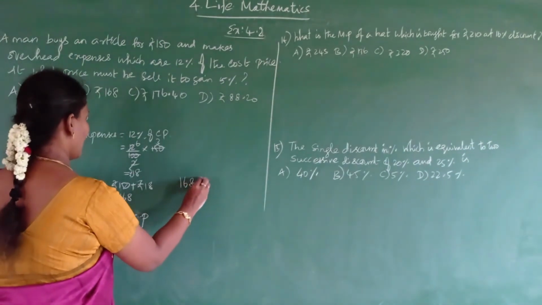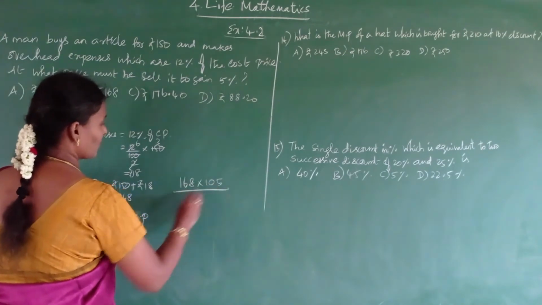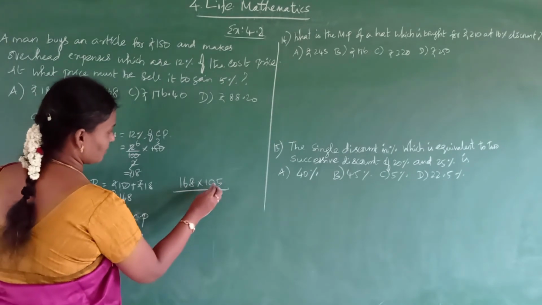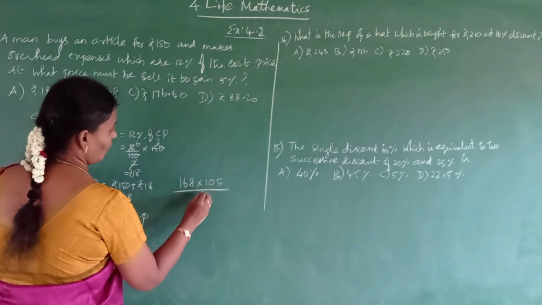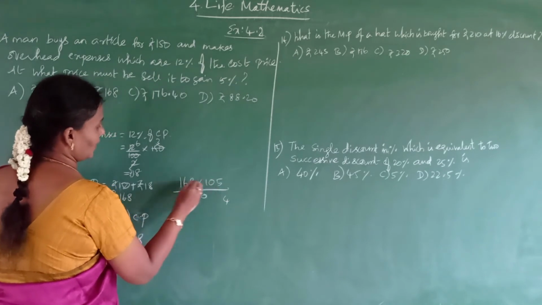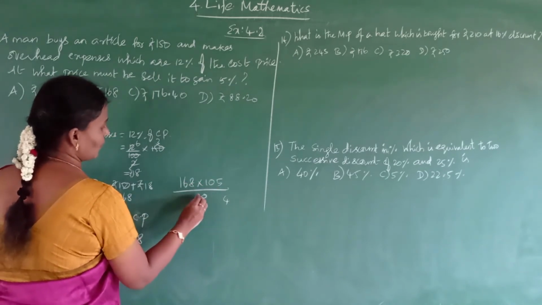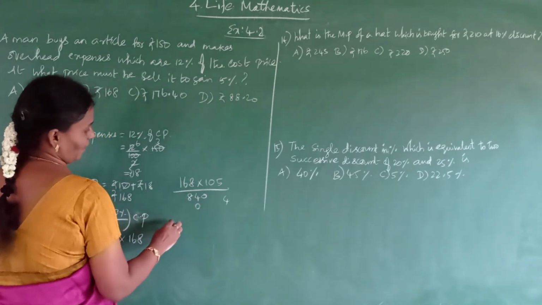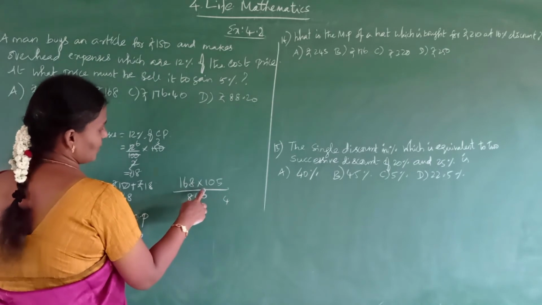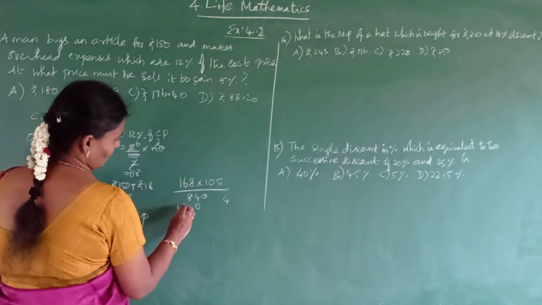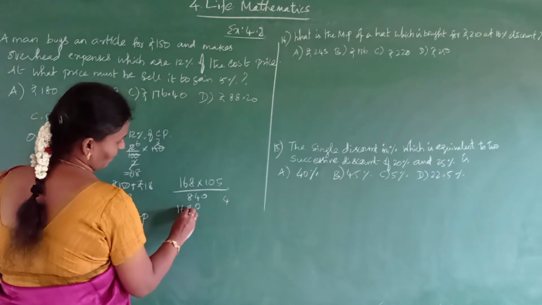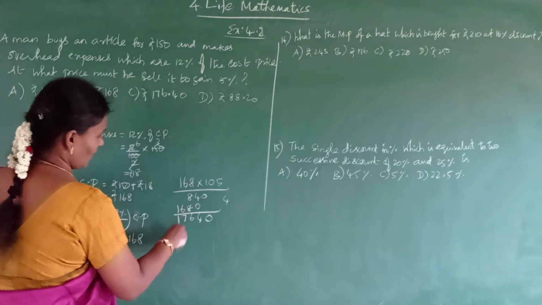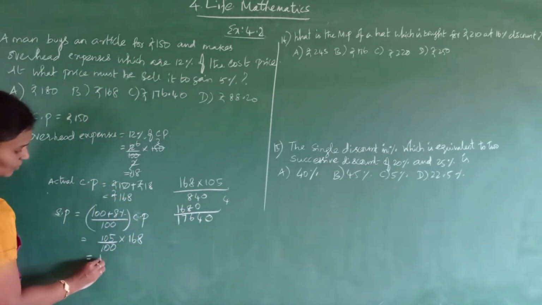So 168 multiplied by 105. Now see, multiply this. Here 8 5s are 40. Then 30, 30 plus 4 is 34. 3 5s are 15, 15 plus 3 is 18... Then a 0 here. Next you see 168. 0, 4, 16, 1, 7. Here 1. So this gives